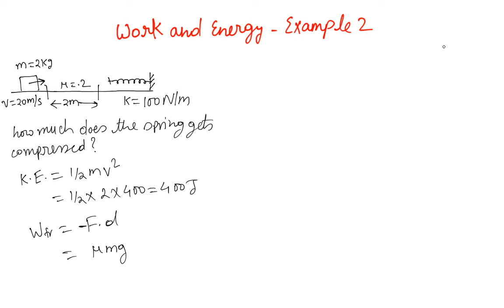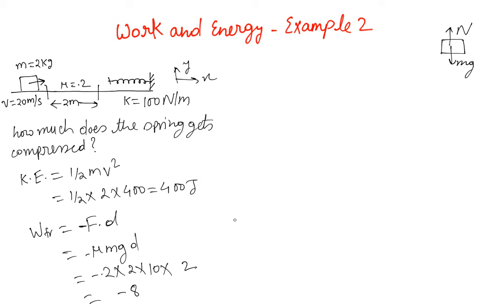So if you make a free body diagram in the y direction, given this is x, this is y, then we know N is the same as mg, times d, minus 0.2 multiplied by 2 multiplied by, let's take g to be 10, multiplied by 2, and that gives us minus